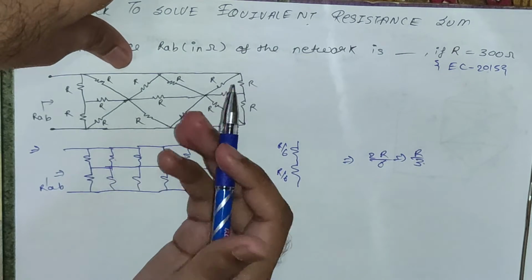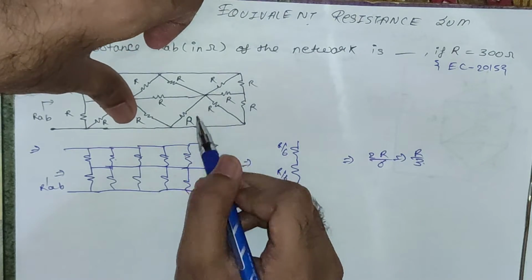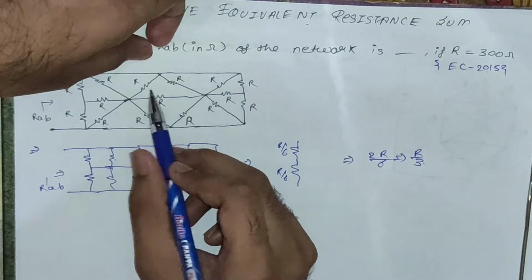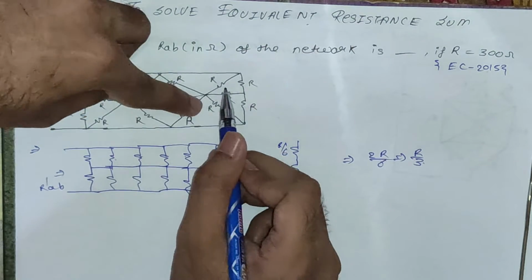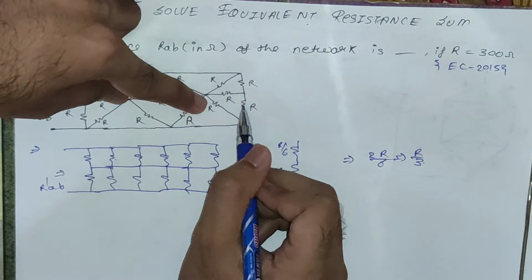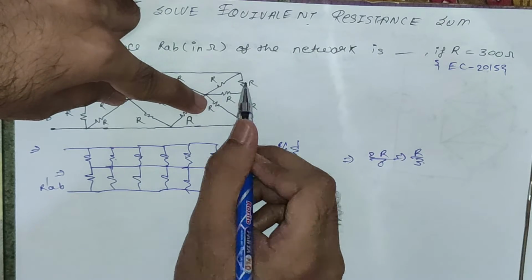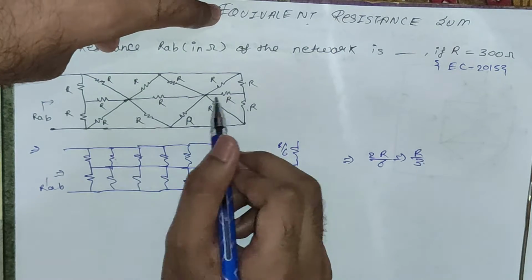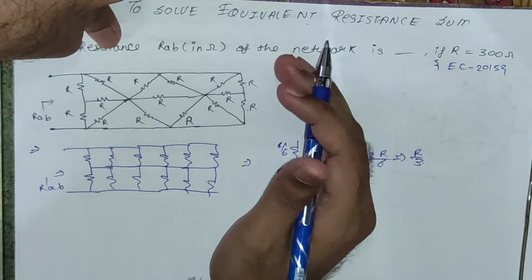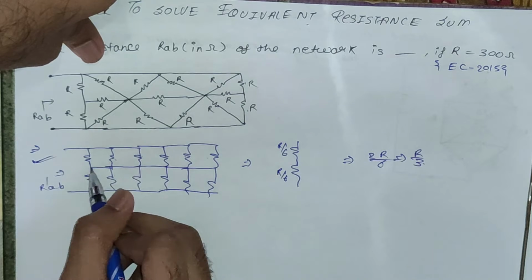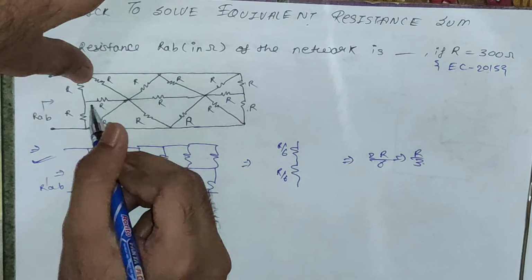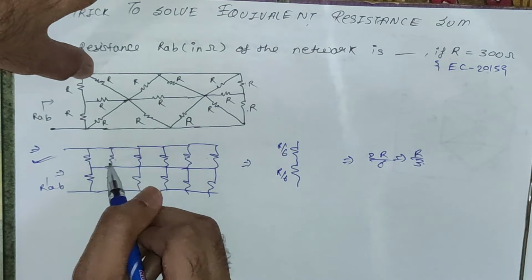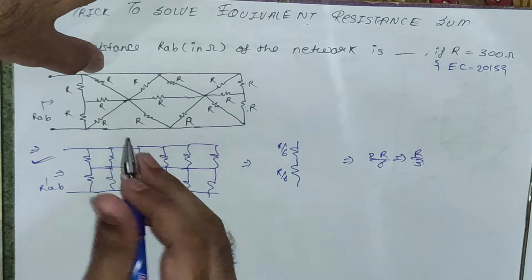Now let's check for another Wien bridge. You can see this network is also a Wien bridge, right? RA upon RB equals RC upon RD, which is 1 here, R by R will be 1. Similarly, this network is also a Wien bridge, R upon R will be 1, R upon R will be 1. This satisfies the Wien bridge criteria, so either we can short circuit this resistor or open circuit it. Here I have used the short circuit, so you can see I have short circuited this R and redrawn this R like this, so that it is more clear that it's in parallel.